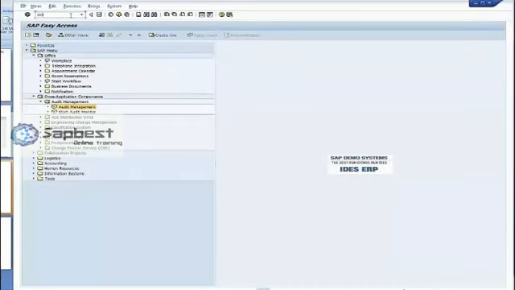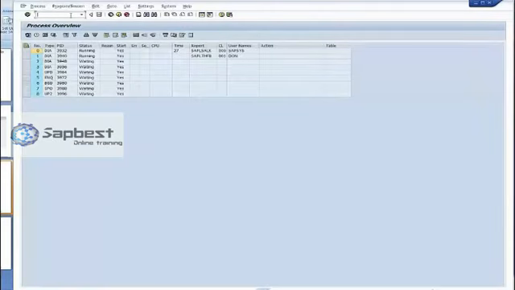Then I type, for example, SM50. SM50 will show me all the work processes running. It shows that I have 4 dialog work processes running, and then I have an update work process, enqueue work process, background, spool, and a second update. This is for the mission critical updates. This is the other one, the regular one. It also shows who is logged in here, and what report they are running, what action they are taking on a table,